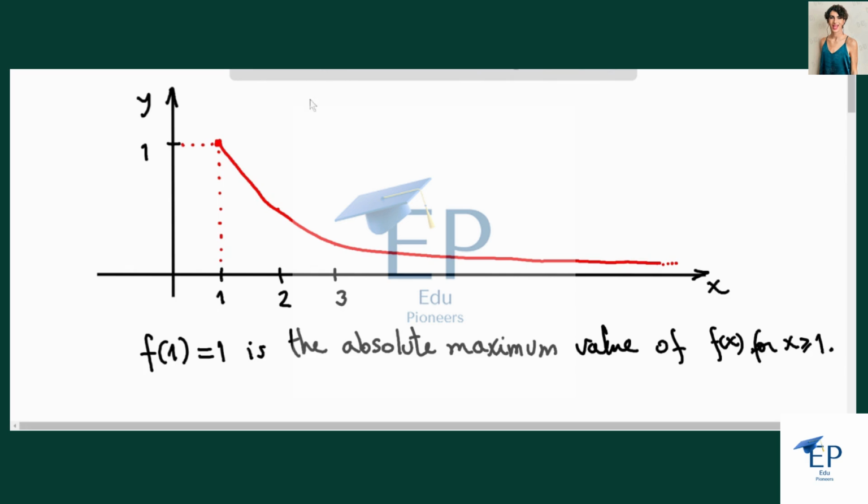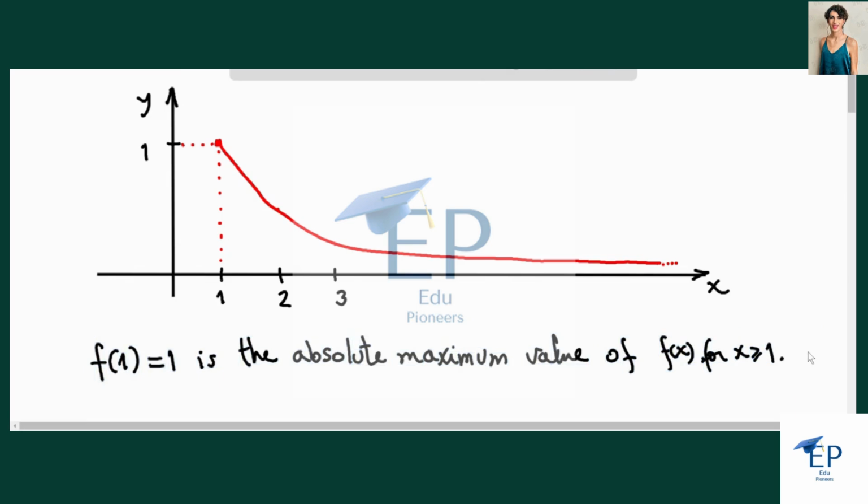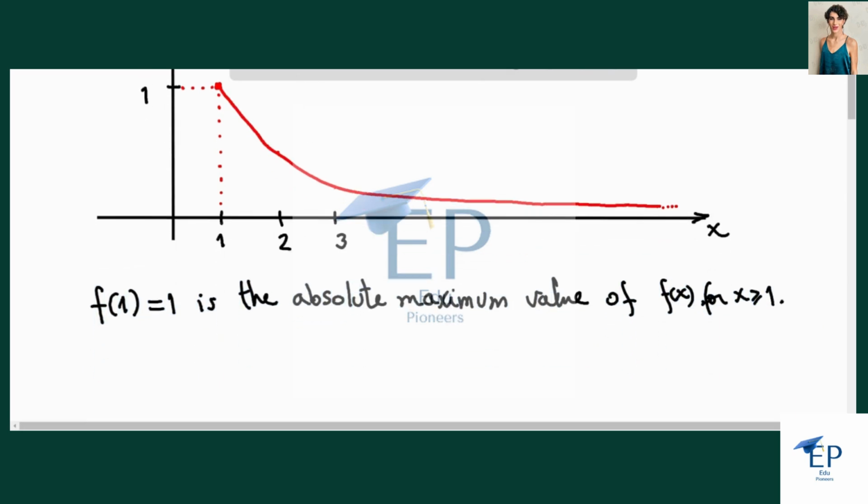So we have this result. We have no local maximum for this function. And remember, we cannot consider this the same value as a local maximum because we don't have any graph to the left of the function. So we only consider local extremes inside the domain, not in the endpoints of the interval. So in this case, there is no local maximum,